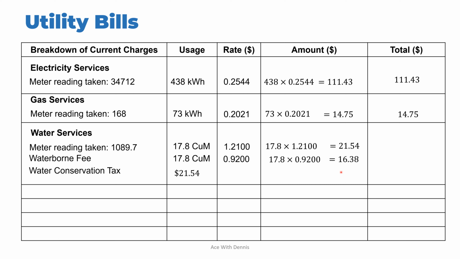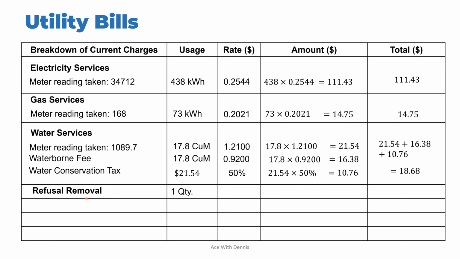So it is based on the usage that we have the charge for the usage, which is $21.54. The rate is 50%. Hence, the amount will be $21.54 times 50%, which is $10.76. Okay, then we add all this together, which will get $18.68. Alright, so these are the three main categories of the utility bills, and one more small part will be